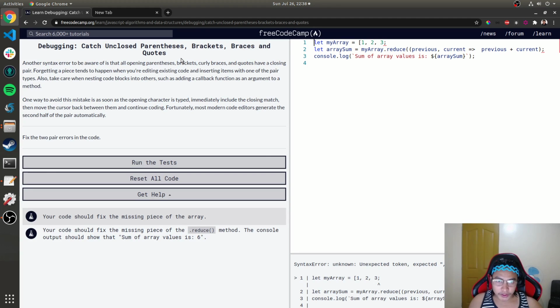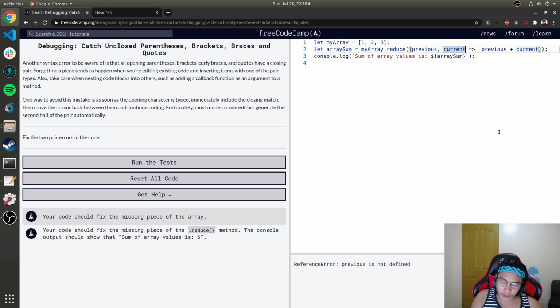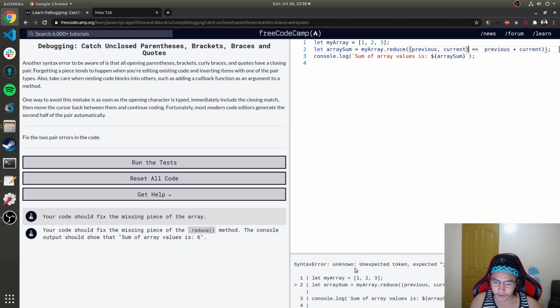Catch unclosed parentheses, brackets, braces, and quotes. Fix the two pair errors in the code. So this is an array, and in my code it says previous is not defined. So we have to add another parenthesis here. Let my array equals